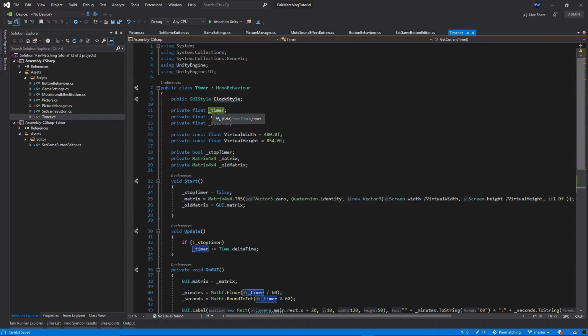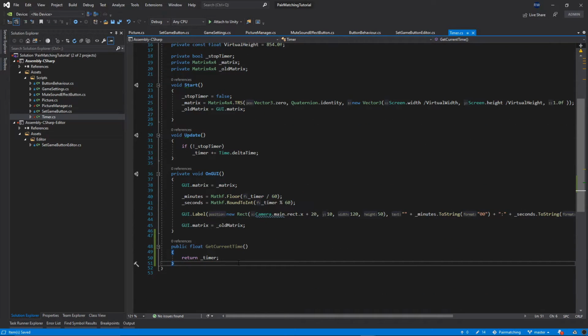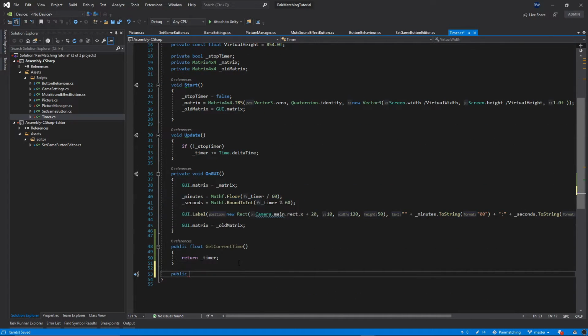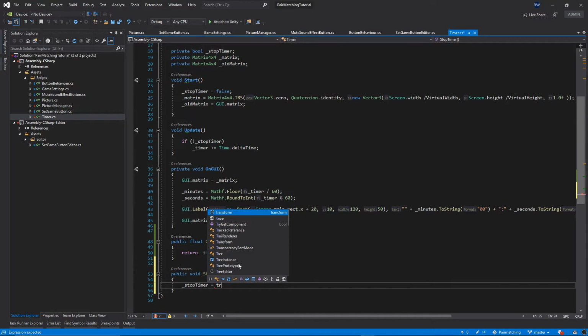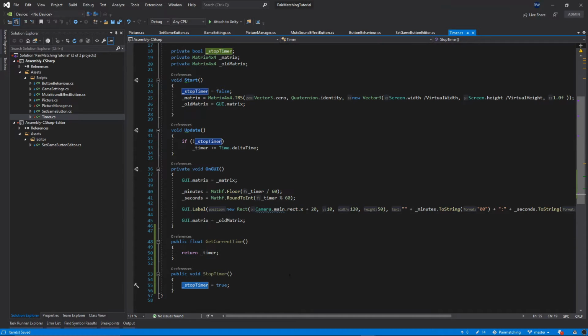Okay, so as you see, the timer is a float variable, and then another function will be public void stop timer, and this function will set our stop timer to be equal to true. Okay, so once the endgame pop-up will appear, we will stop our timer in the game. Okay, so let's save it and let's go back to our picture manager,